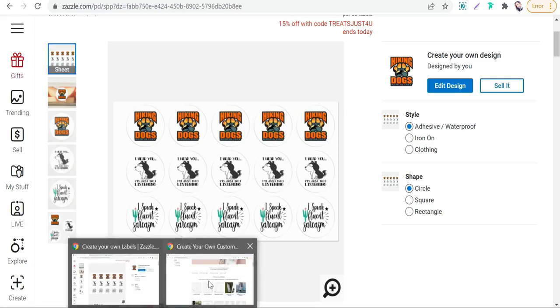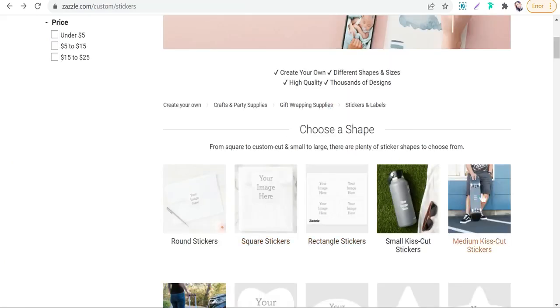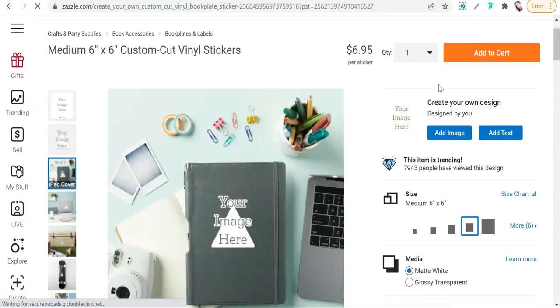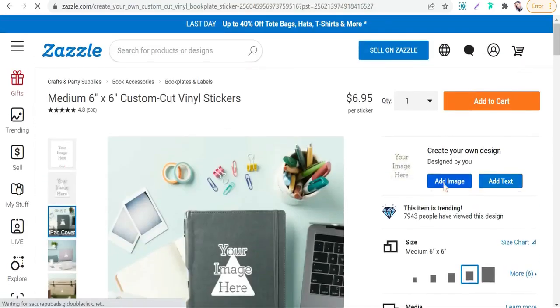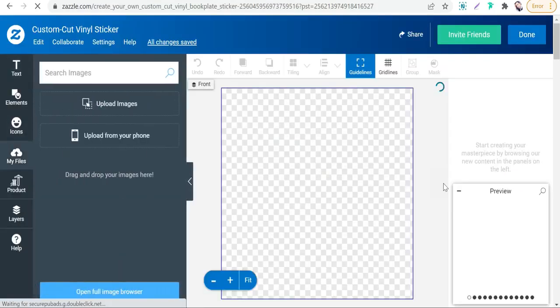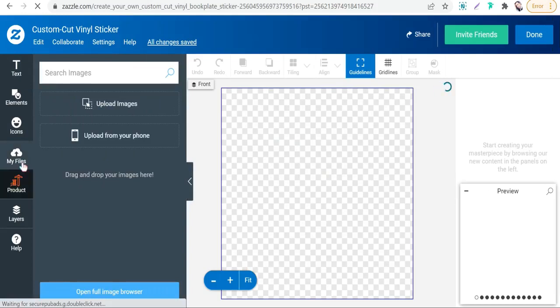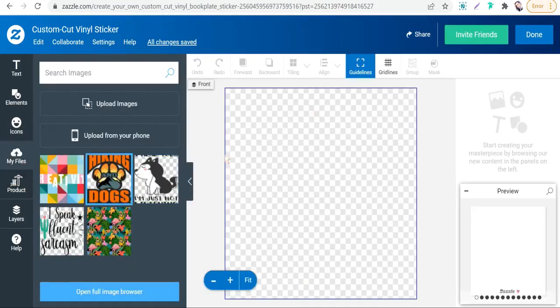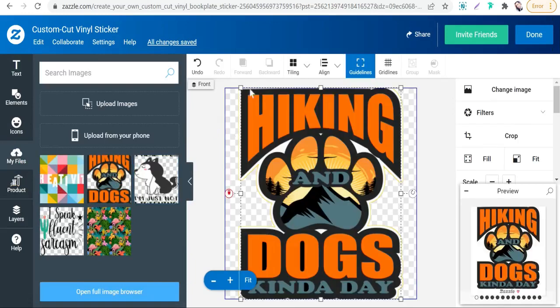So we can go vinyl sticker, as you see here, select this one, okay, add image, add our images, our designs, okay, to create a sticker bag with transparent background. So go to my files, okay, and here you can select the first design like this one.